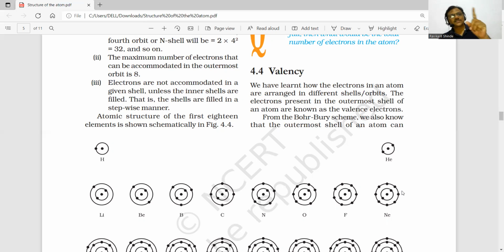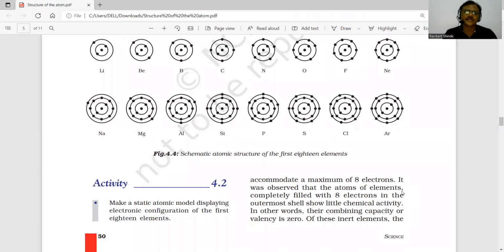Suppose this is valency 1. That means the combining capacity is 1 only. If there are 2 valencies, the combining capacity is 2. If there are 3 valencies of these 2 atoms separately, the combining capacity is 3. And for carbon, the combining capacity is 4. Right? So this is what valency is, nothing but the combining capacity of an atom, or its ability to share, gain, or accept electrons from another atom to fulfill the outermost orbit or valence shell, which will have the nearest inert gas electronic configuration.